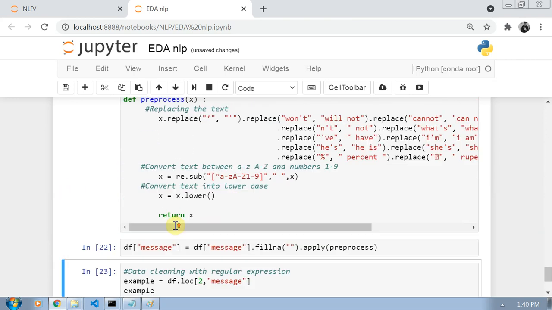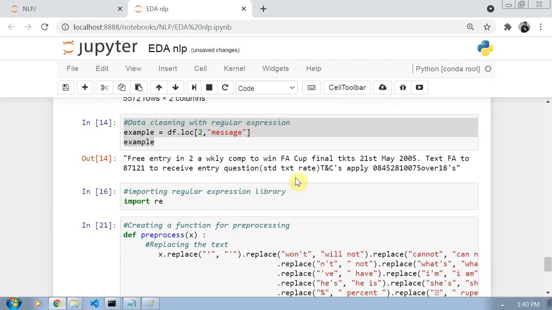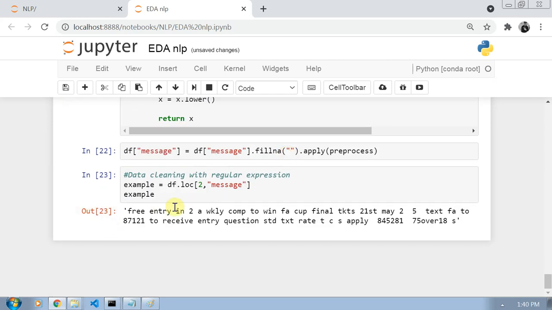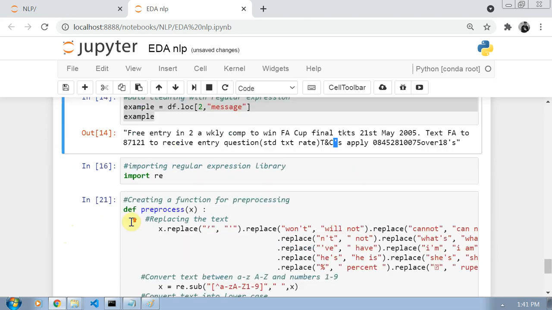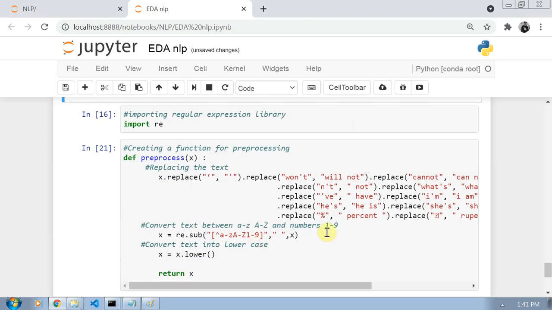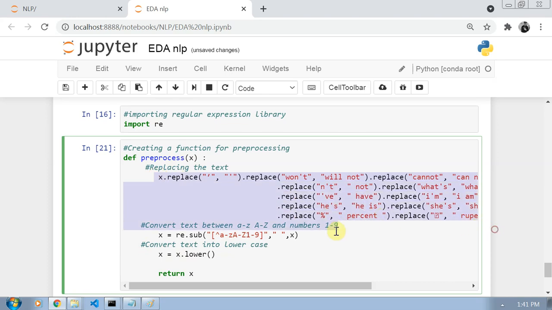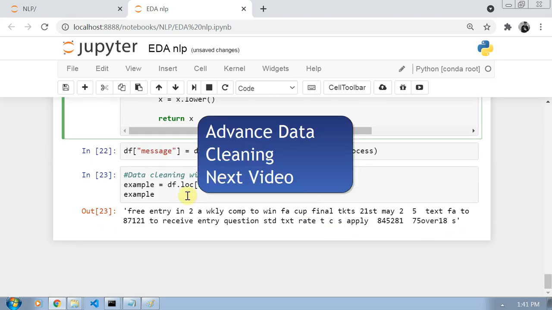Look, now you can see the difference. Here were the single quotes and this sign, and you can see all these things are removed. So that's how we have cleaned our data. Now in each text we have only letters between small a to z, capital A to Z, and 1 to 9. The whole text is in lowercase form, and we have also replaced certain things.